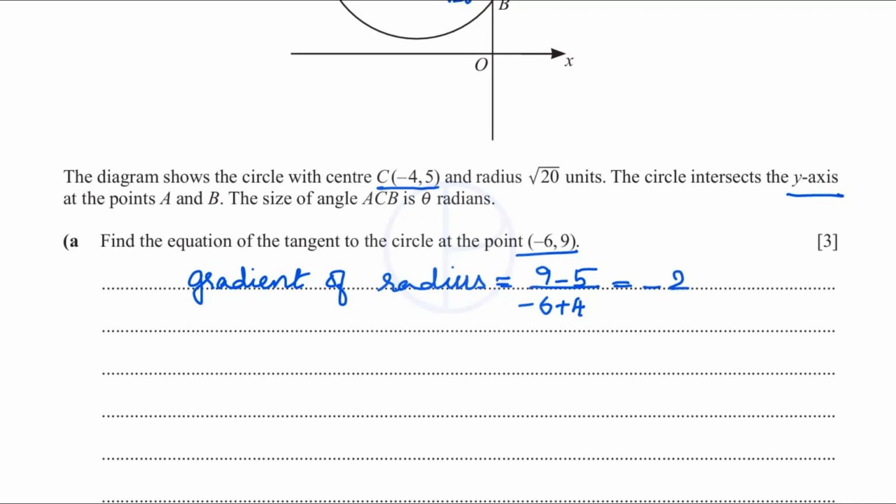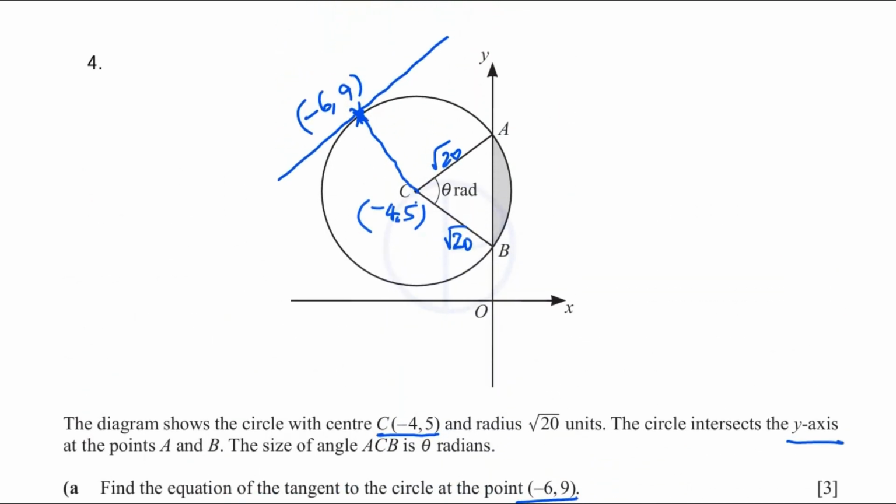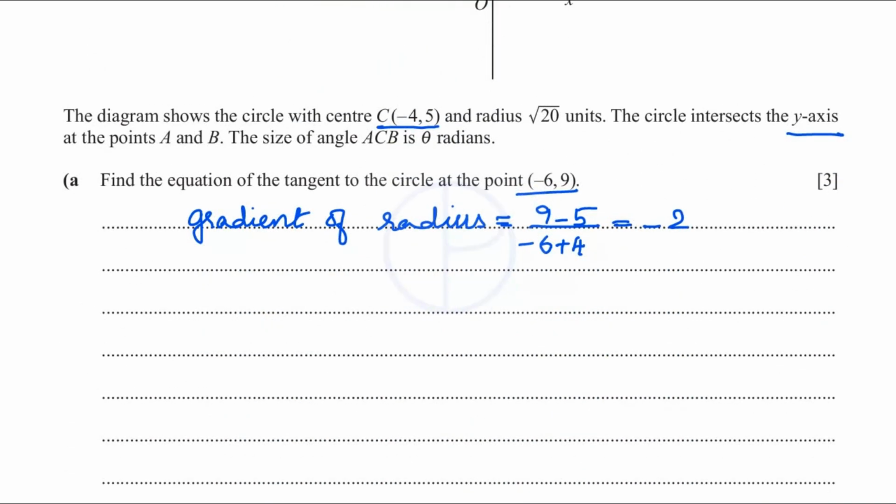So minus 2 is the gradient of the radius. A tangent to the circle is perpendicular to the radius drawn to the point of tangency. So this is perpendicular, so the product of their gradients is -1. So the gradient of the tangent is 1 over 2,